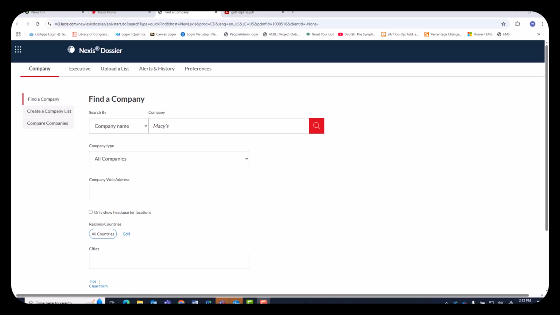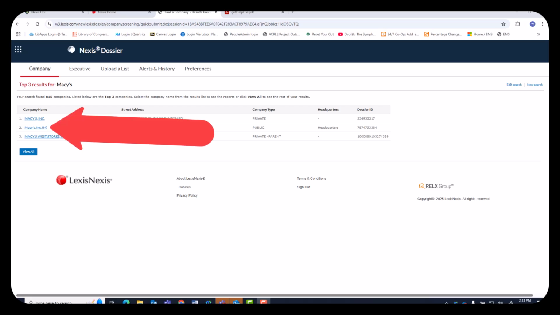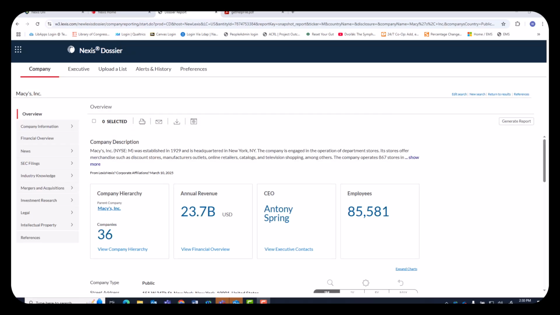Type in the name of the company and you will be taken to a page which will show the top 3 results. Now click on the link that is your company. In the list on the screen for Macy's, choice number 2 fits what I already know about Macy's, so I will select number 2. Next, you see on the screen the company overview for the company you selected, in this